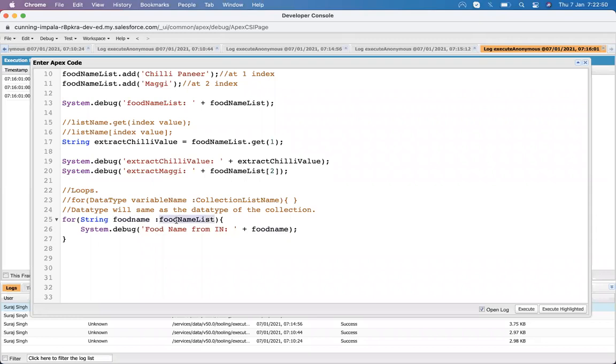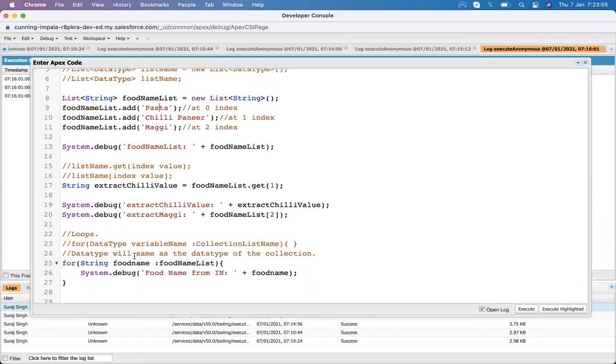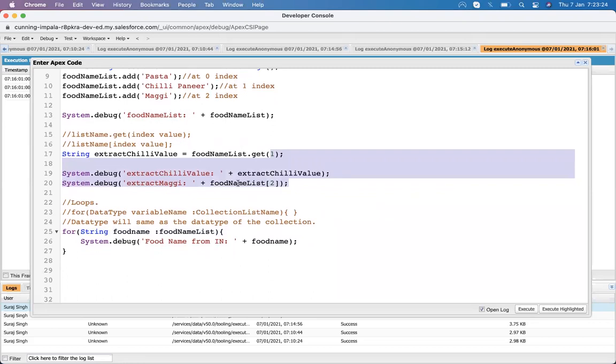When the first loop runs, pasta is extracted and assigned to this food name. On the second run, chili paneer is extracted and assigned to food name. These three elements can be traversed manually by indexing, but if we have to traverse thousands of elements, it is not possible to write each index one by one.